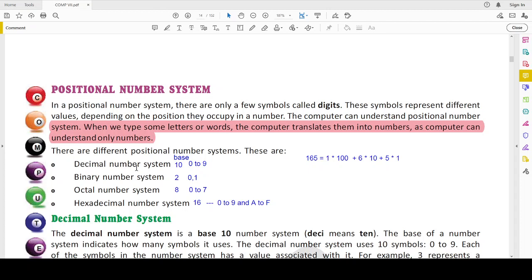Why is it base 10? Because there are 10 digits. You can see 0 to 9: 0, 1, 2, 3, 4, 5, 6, 7, 8, 9. The digits are